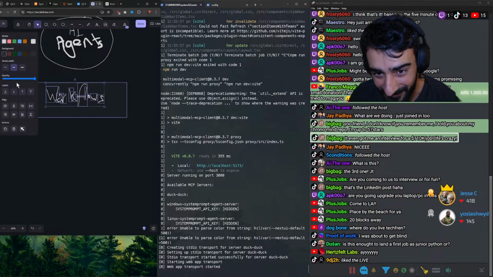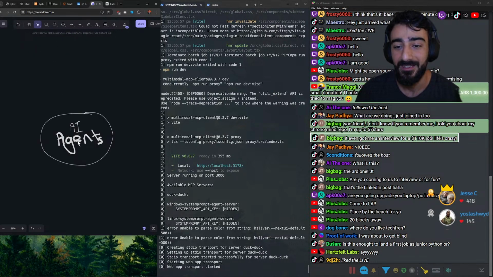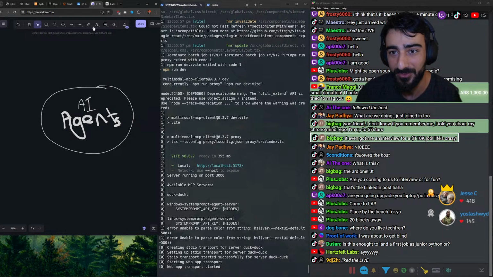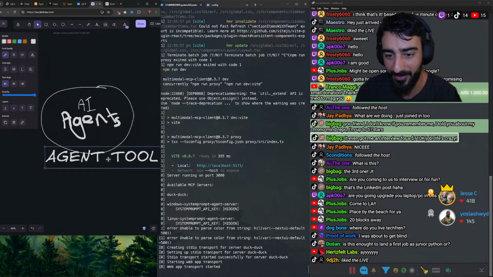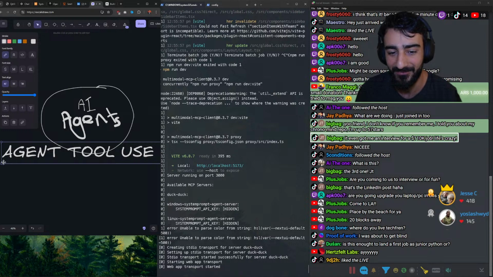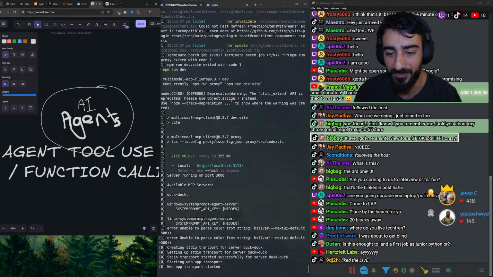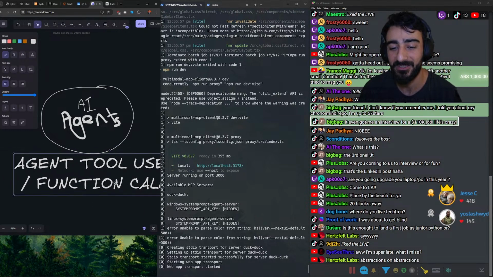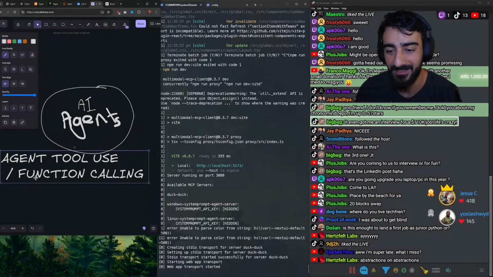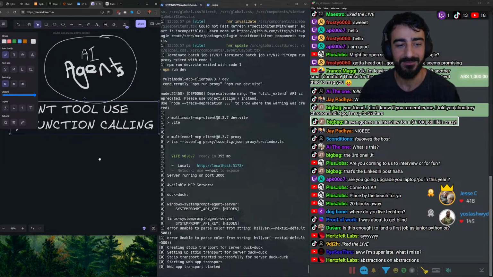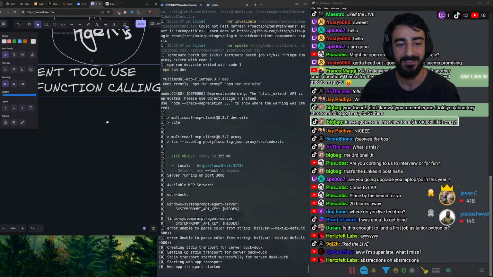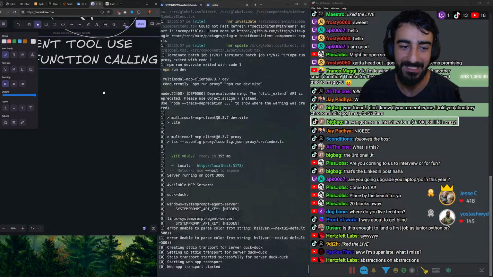Anyway, a big part of it is the function calling or the tool use. So agent tool use, function calling. That is a really big part of how you know it's an agent, if it's using tools or function calling, especially if it's creating its own tools. It's definitely an agent, I would say. So if it's got tools or function calling, we could say it's an agent. Now,